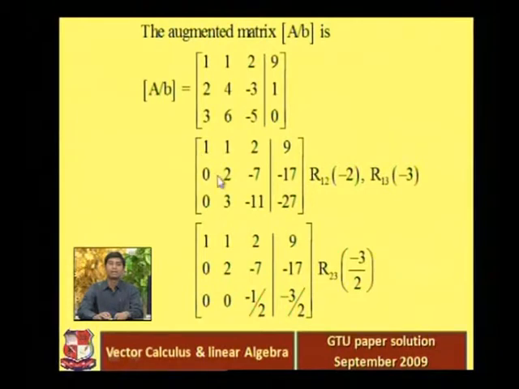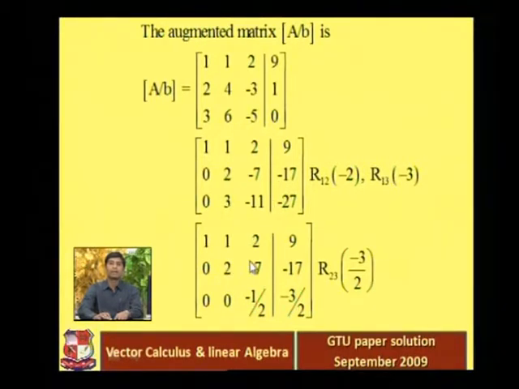So this is our leading entry. Below that leading entry now we have zeros. Now in the second row, what is our leading entry? This 2 is our leading entry, right? And we want to make 0 here, so we multiply the second row with -3 by 2, right? Then the 2 will be cancelled out and -3 plus 3 becomes 0 here. So that is our target. Below that leading entry we want to make 0, so we multiply the second row with -3 by 2 and add it into the third row.